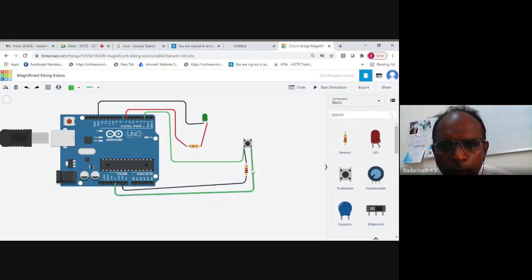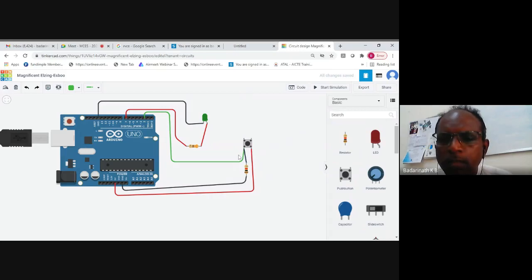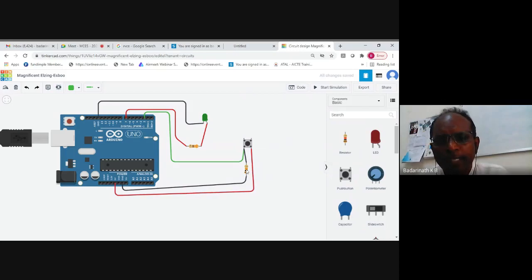So if I have not used the resistor here, then what will happen? When I press the switch, both plus and this voltage, so this wire also I change the color to red. Then these two will short and immediately your board would have gone. So that is why the resistor is required. But what value of resistor when you use a pull down? You use a higher value, in kilo ohms, approximately 10 kilo ohms. So now I've used a 10 kilo ohm resistor to produce a pull down effect. This is called a pull down resistor.